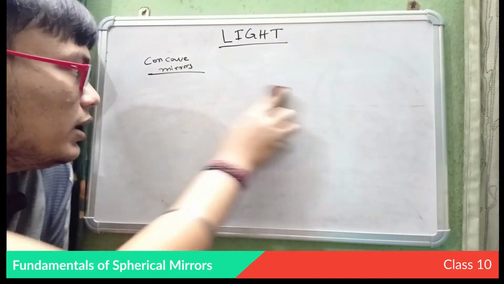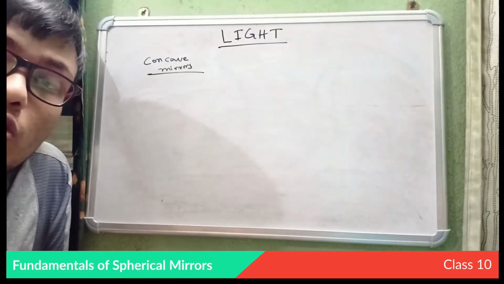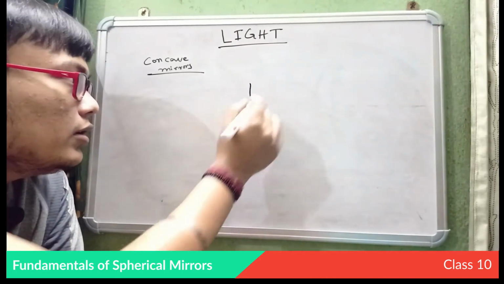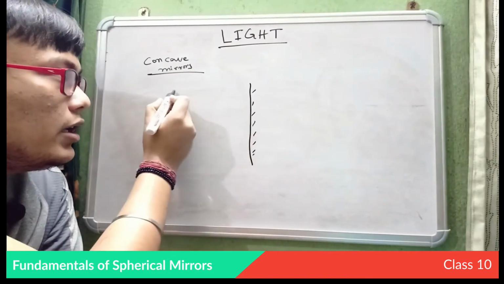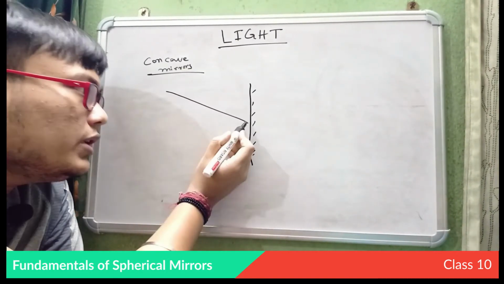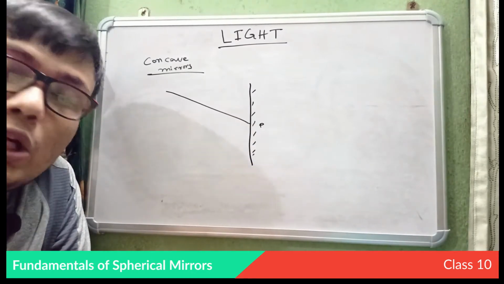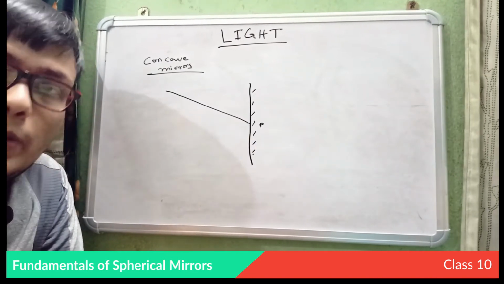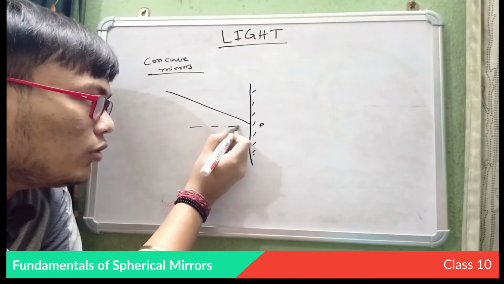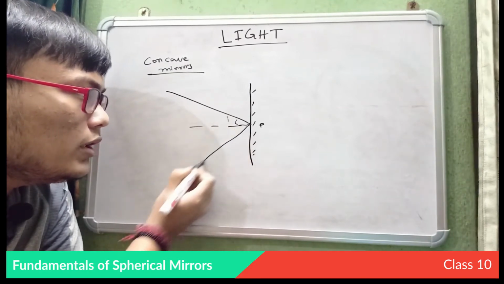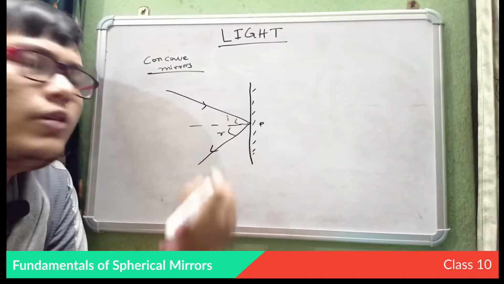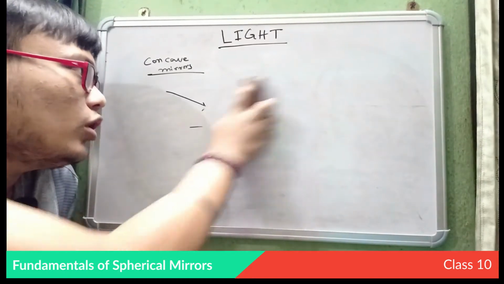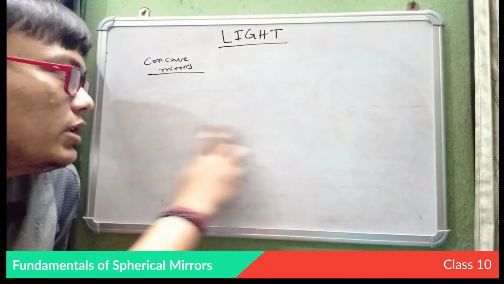Now let me first remove this. Okay, so in case of the plane mirrors, I had discussed that, let's say this is the plane mirror, this is the polished surface, and the ray is incident in such a way. So this is incident at this point P, so we could draw the normal in case of a plane mirror, as a normal is a line which is perpendicular, right? So we can easily draw the normal for this line, and this is the angle of incidence, so the angle of reflection will also be equal to the angle of incidence. But in case of a curved surface, how can we draw the normal? This should be the first question which comes into mind.